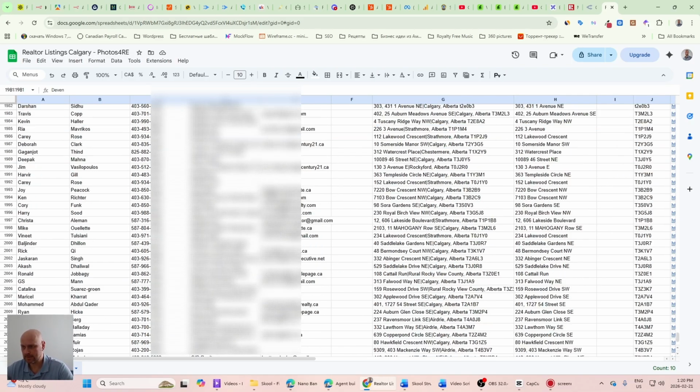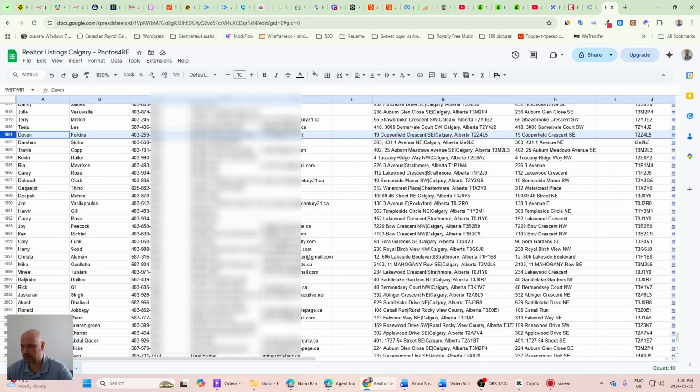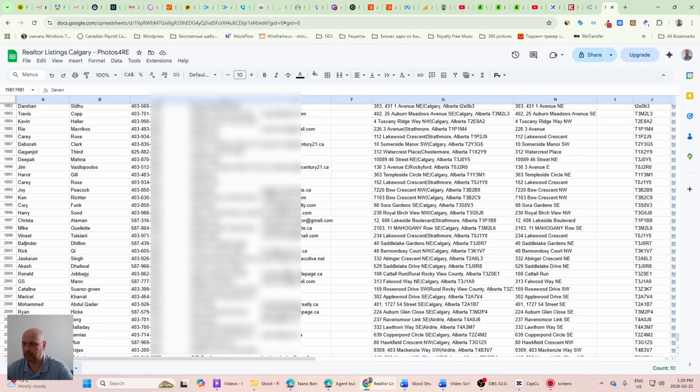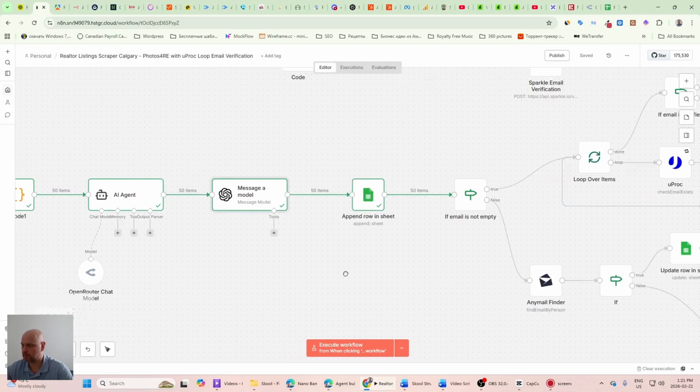As you can see from this Google Sheet, it probably finds like 70% of emails, not all of them. So some emails are empty, but that's fine. Like, 70% is way better than nothing, right? So if I go back to my automation,